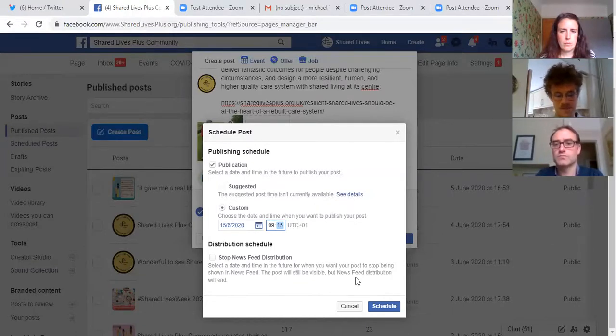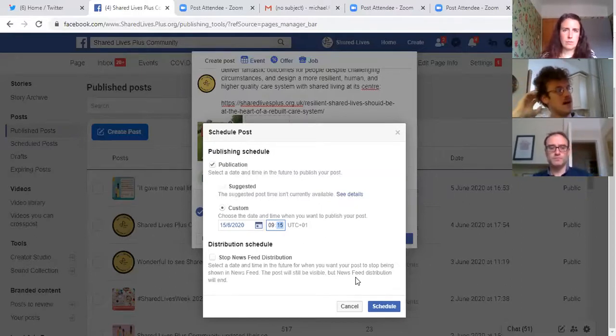And then similarly, at the end of the day, the close of play, 4:30 to 5:30, you might see people getting ready to go. Again, they're taking the foot off the pedal a little bit, and they're looking at their social media feeds. But of course, Dawn, as you pointed out, it's all changed now. I'd imagine that people are probably online even more than they usually are. And it's been the case for a while now that people are increasingly looking at their feeds first thing they do when they wake up in the morning, and in some cases the last thing at night as well. So sometimes an early morning post could work well too.